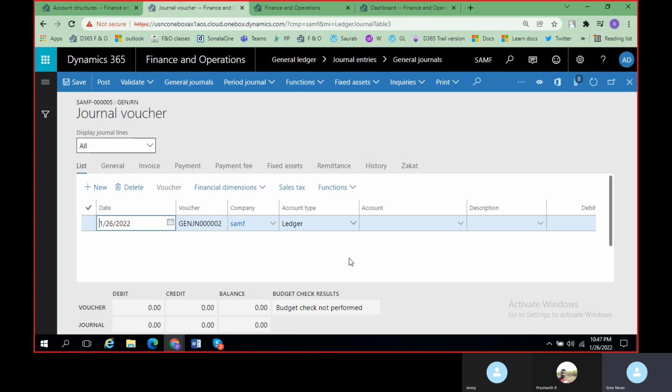Yeah, so it took a new line. Once you click on the new line, you can see that by default these values will be shown here. So let's assume that we are trying to post one journal entry. See, the moment you select the account,